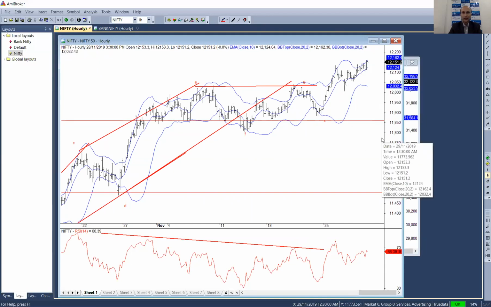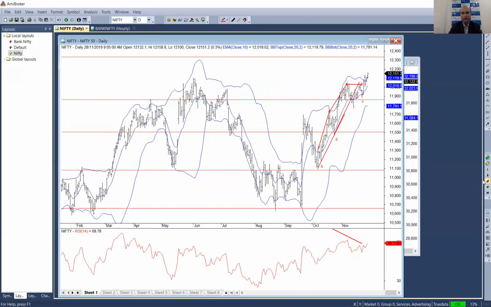So either way, the outlook will remain positive unless on an hourly basis I see a close back below that 12,005 mark, which was this low. So that's how I derive my outlook. Now, what I'm going to observe also is how the broader market is performing. That's very important. In today's session, broader markets were outperforming with India bulls rallying by nearly 27-28%.